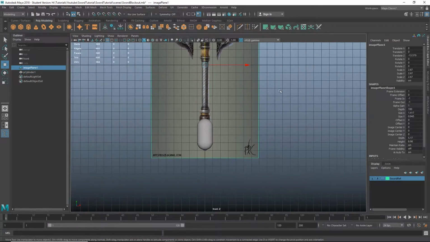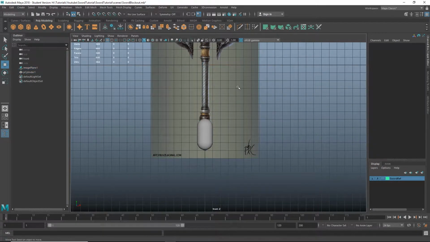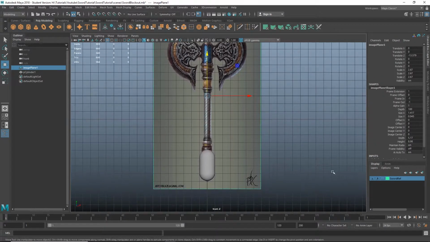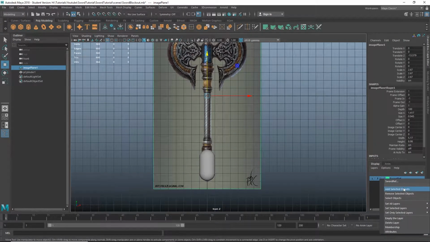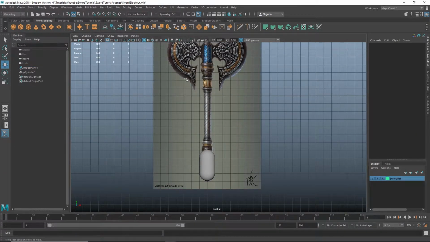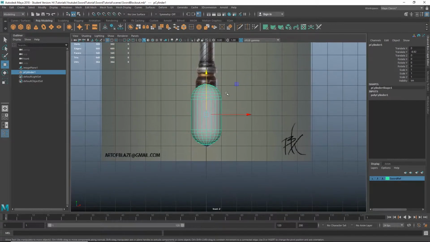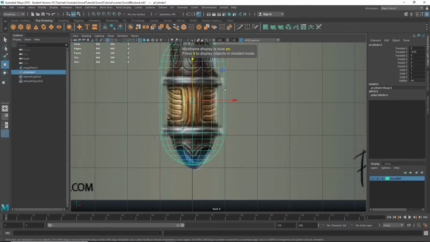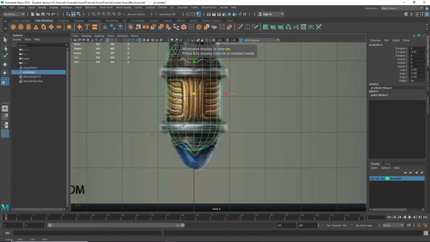So also, as you could tell, as I'm working, I got my reference on. I want to make sure I select my reference and then come here to sword reference, add selected object, and then just make it a reference. I just clicked here. All right. Now I can't interfere with my reference. I'm going to come here and I'm going to hit 4 on my keyboard, and I'm going to go ahead and scale this down significantly,